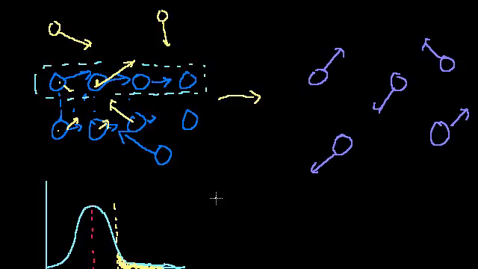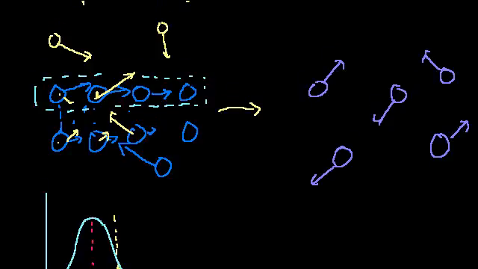The normal boiling point is just the boiling point at atmospheric pressure. If you just leave water out, over time, it will evaporate. Some of these molecules that have unusually high kinetic energy do escape. If you have your pot or pan outside, the wind will blow these molecules away, and then a few more will escape. The wind blows them all away, and a few more escape, and the wind blows them all away. So over time, you'll end up with an empty pan that once held water.